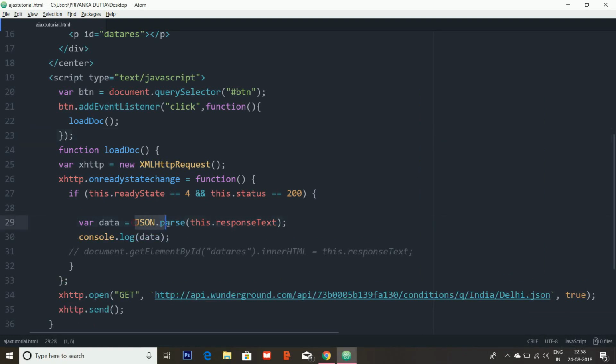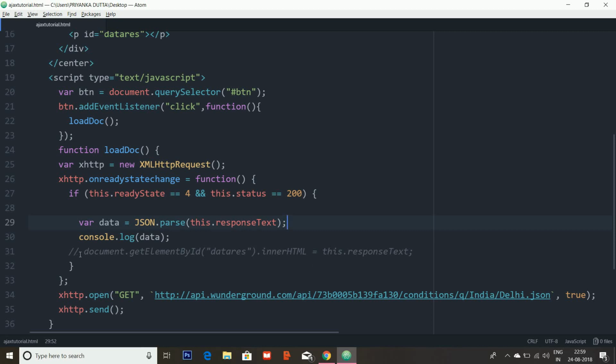Make sure you just follow this part. This will be in caps lock and this will be in lowercase. I just confirmed this from the sites. So